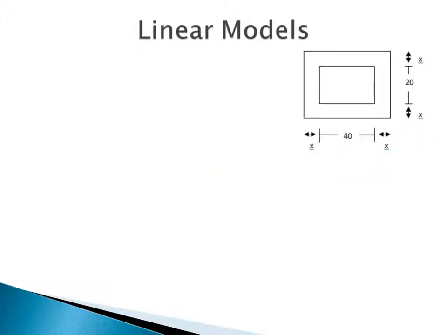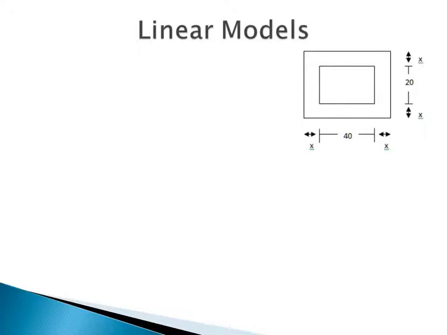So here we have hopefully a better diagram to look at. What we need to find out in order to solve this problem is that we're given the perimeter, but again the perimeter is of the rectangle formed by both the rectangular park, which is the interior, and the surrounding sidewalk. So we need to figure out what the total length and the total width are in terms of x.